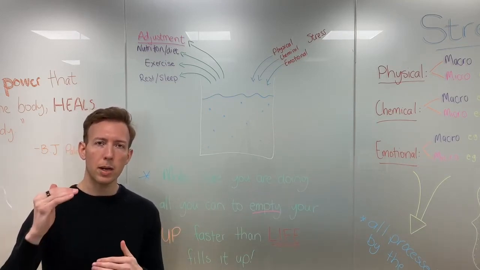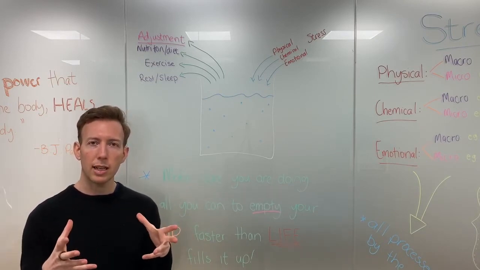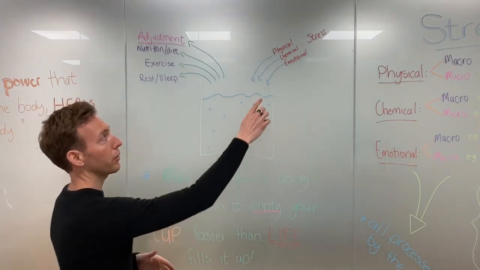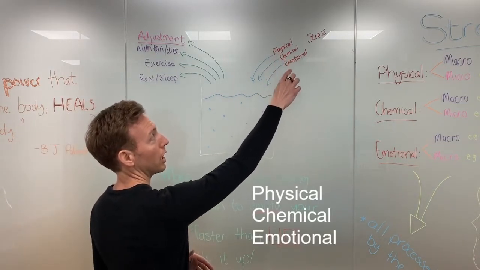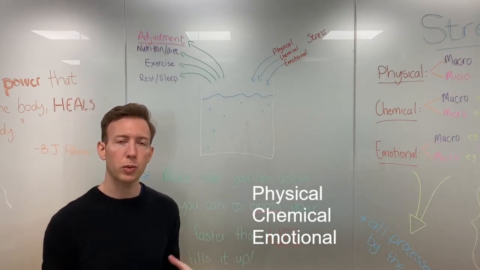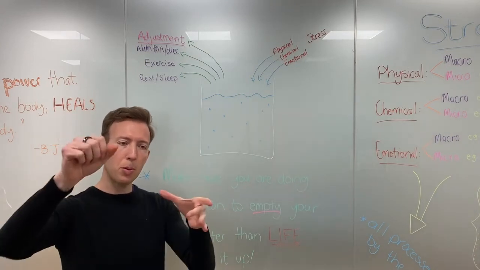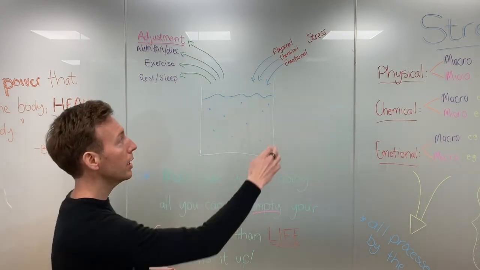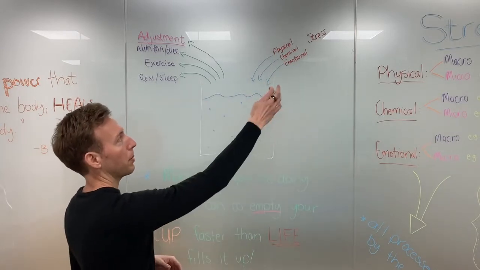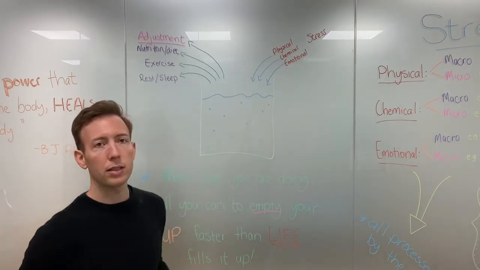Now, if you think about everything that happens throughout your day, it's just like pouring water into a cup. As we spoke about, the three different types of stress can be physical, chemical, or emotional. Whenever you have a stressful situation, whether it be a micro or a macro situation of stress, it's almost like pouring water into your cup. Now, you'll have to excuse my drawing, but this over here is your cup. Adding water to that cup will start filling it up throughout the day.